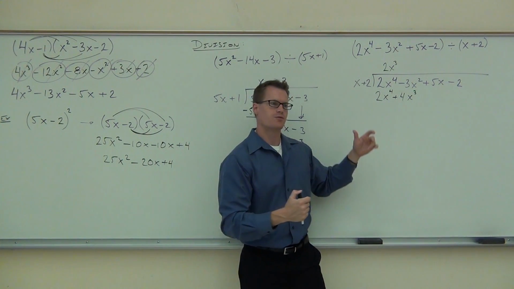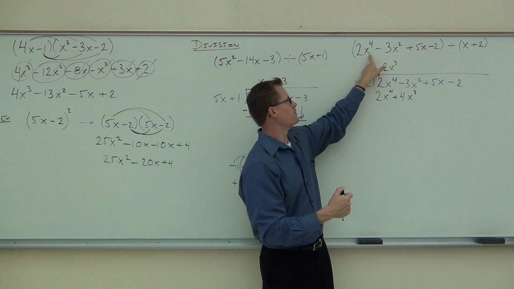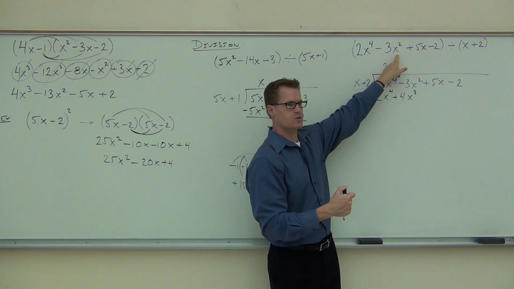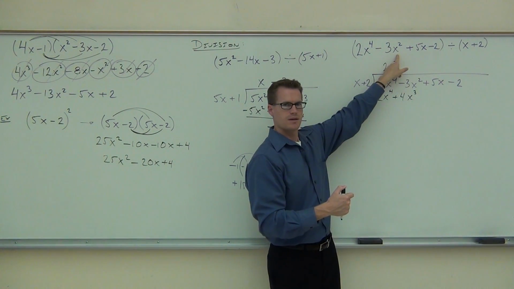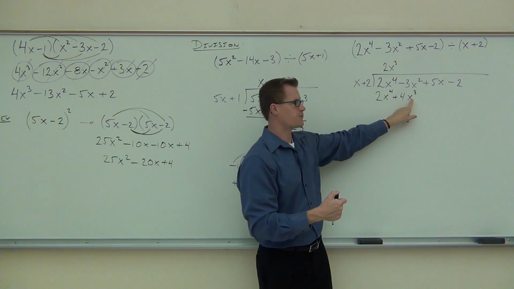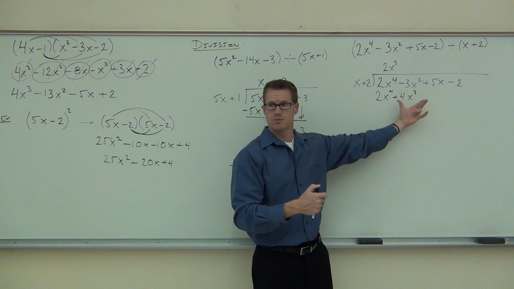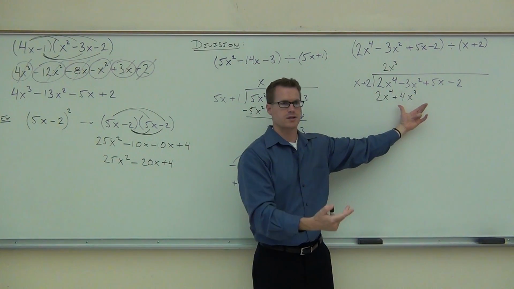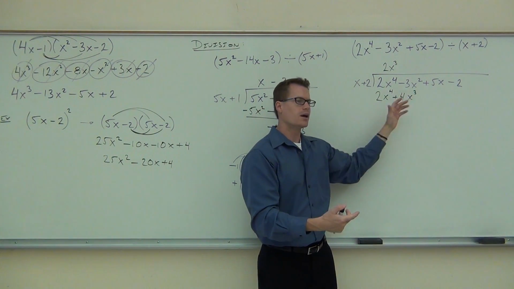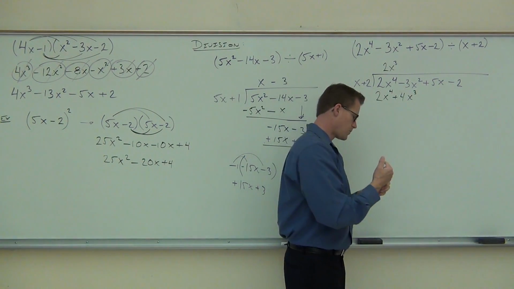So did you see how in our first polynomial here, we have x to the fourth, but then it jumps down to x squared? You see that? That's going to hurt us because we have no spot for our x cubed. And so what you do in this problem, unless you want to get stuck like we just got stuck, because you are going to get stuck. There's nowhere you can go from here. Unless you want to get stuck, what you do,